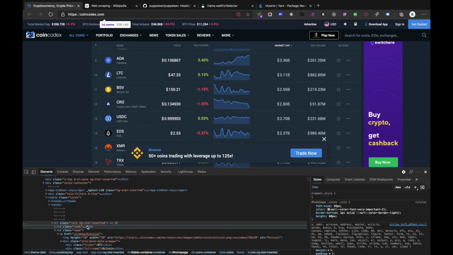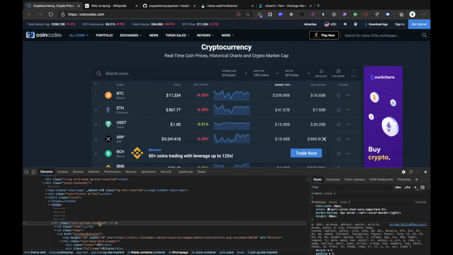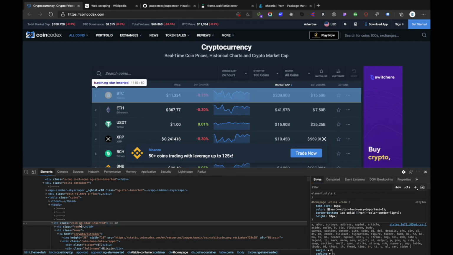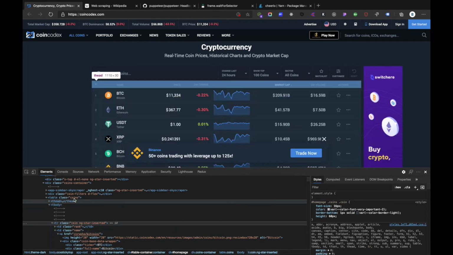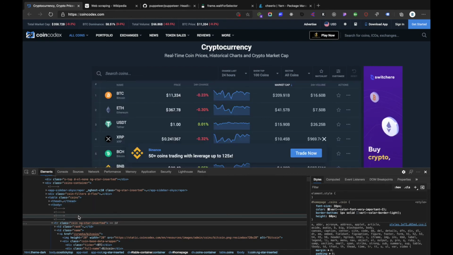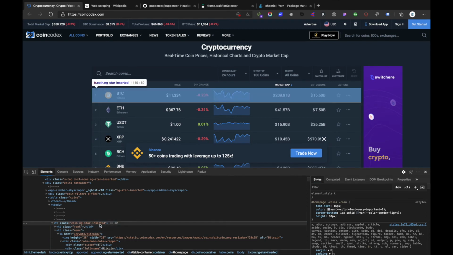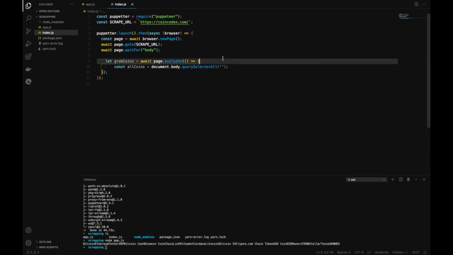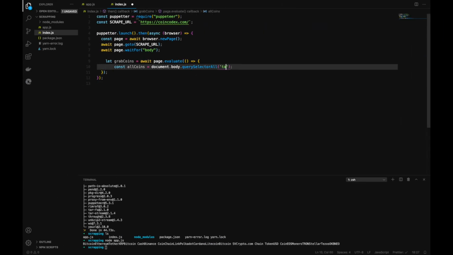Coin ng-insert, which is this one, this table row that we have, right? So it's coins, and then table tr.coin, and then ng-star-inserted. I think it's an Angular application. So for that one, we will write table tr.coin.ng-star-inserted, and